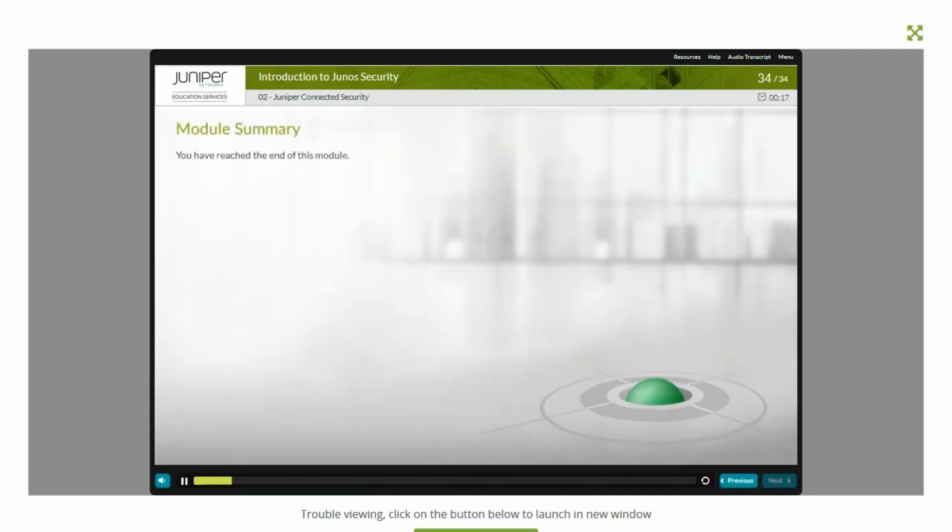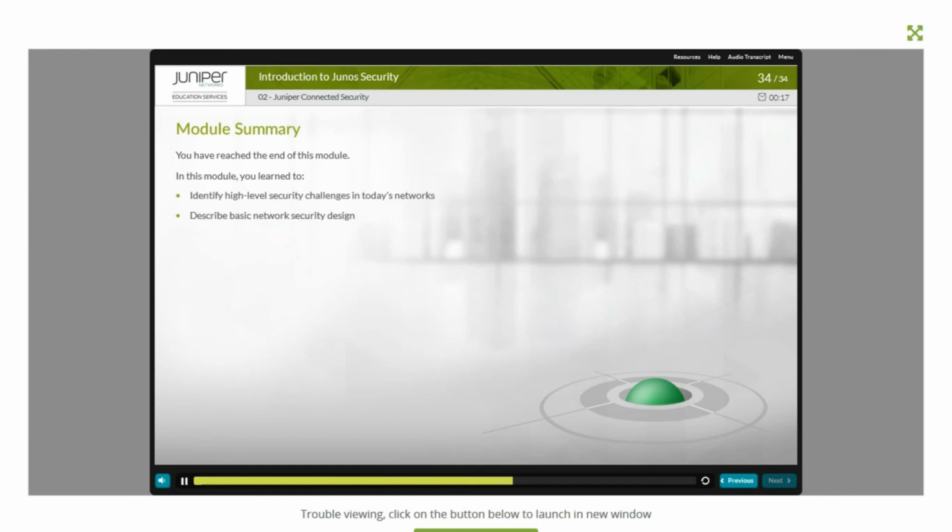You have reached the end of this module. In this module, you learned to identify high-level security challenges in today's networks, describe basic network security design, identify key factors in Juniper Networks security focus,